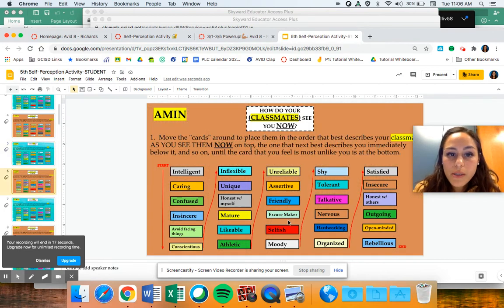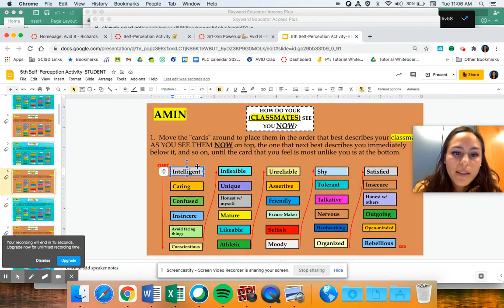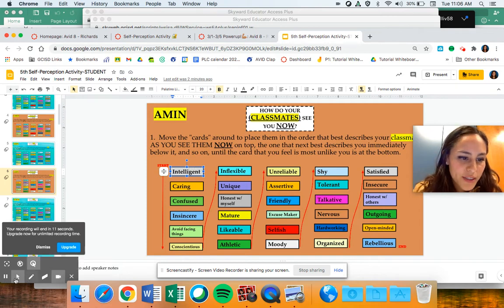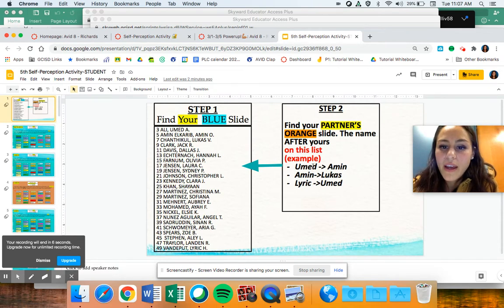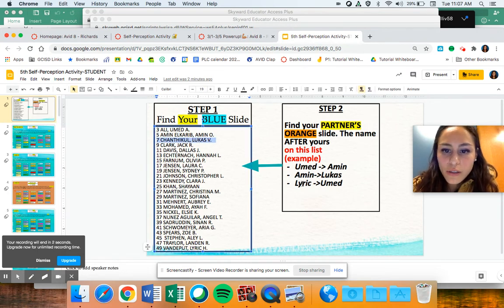And so I'm going to do the same exact thing, okay? You know what? I think I'm going to leave intelligent as the first one because I think Amin is pretty intelligent. So you're going to rank their traits on how you think they are. So Amin, you're going to do Lucas's, Lucas, or